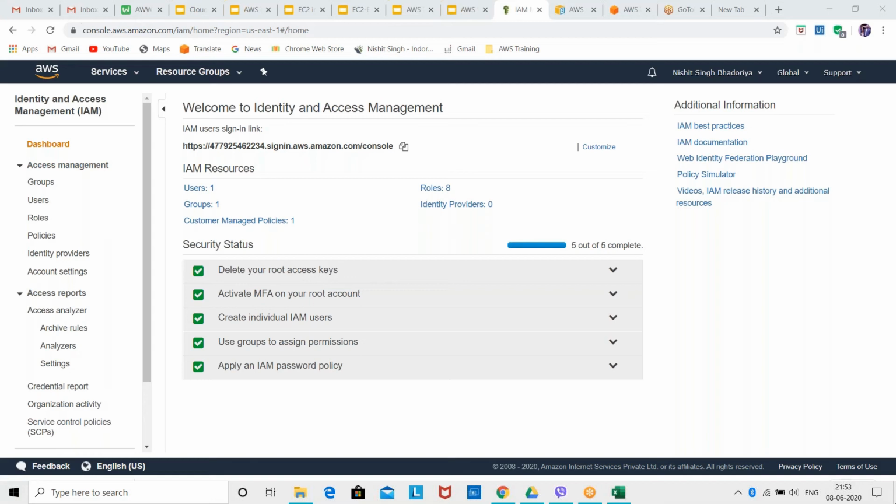With the access key of your root account, anyone can do anything on your root account. So for security purposes, AWS by default deletes the access key of the root account,